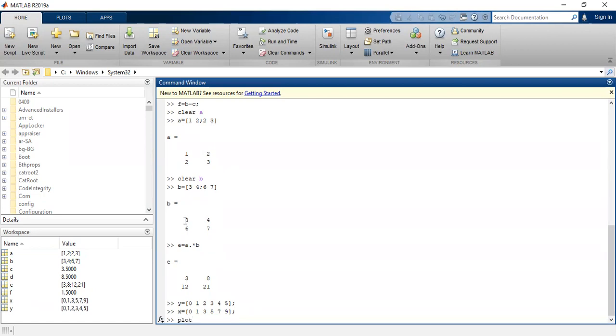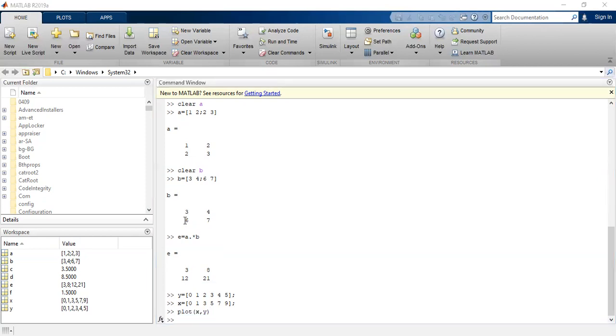So the command which I'll use is plot x comma y. And see, this is the figure which I'll get after the plot is made.